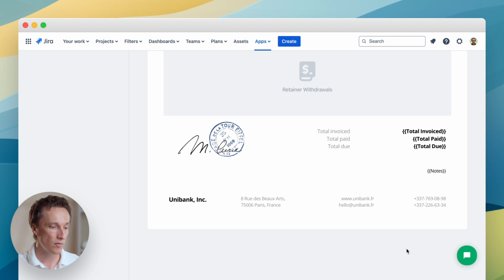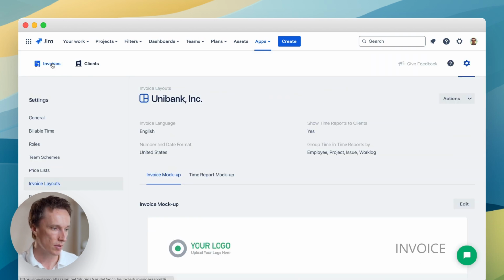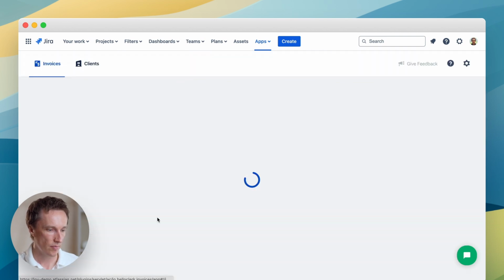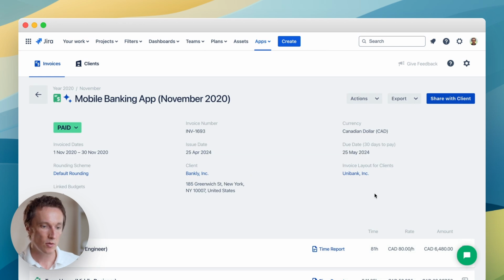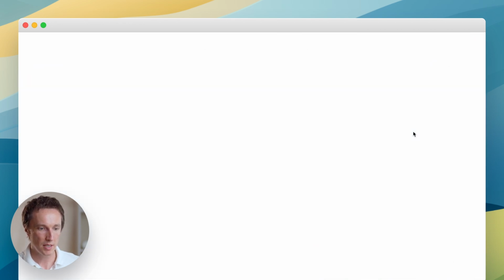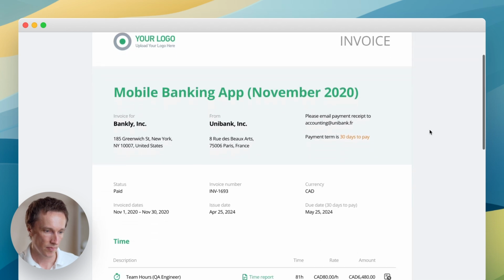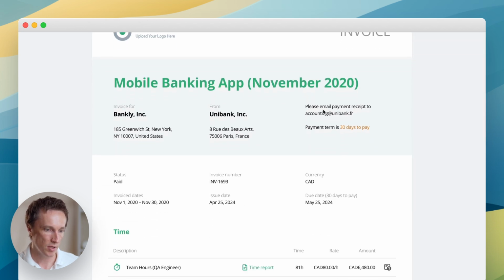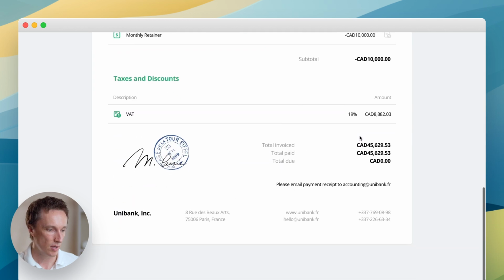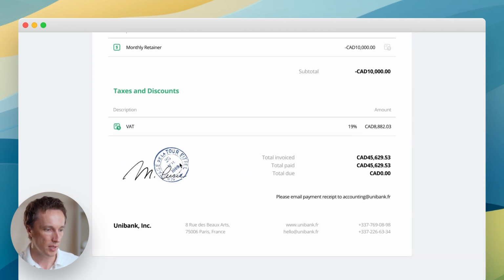And let's look at the invoice that uses this mockup. Let's open this invoice by a secret public link. As you see, now we have real invoice data here in this block, and we have our stamp and signature